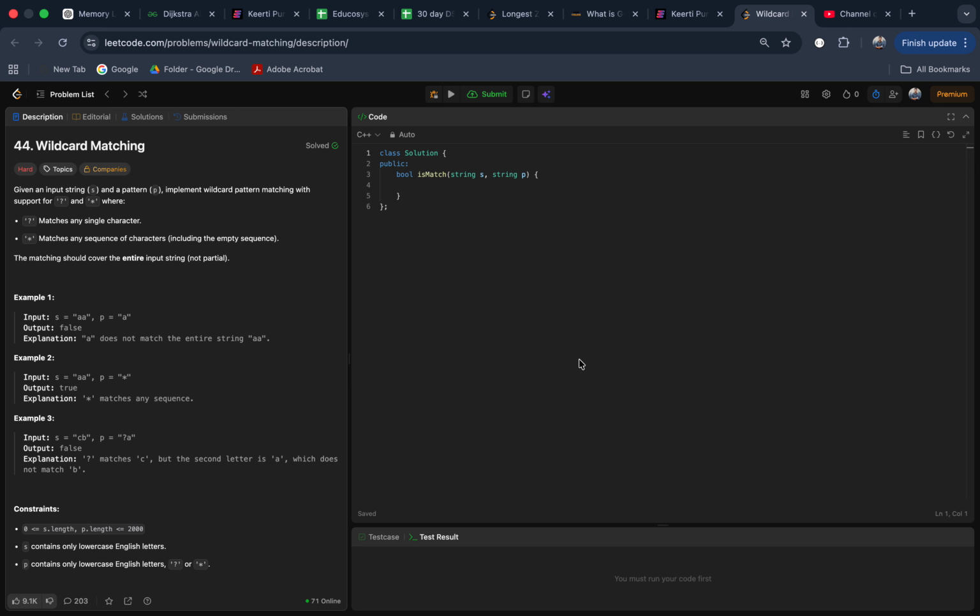In the tabulation approach, we make our DP of size S length and P length, and we go through each index with an iterative approach. We check our S index as the ith index and P index as the jth index, and based on the strings we have, we do a similar kind of thing to what we did in the recursive approach. But here we need to do that straight away in the DP, and at first we need to have an